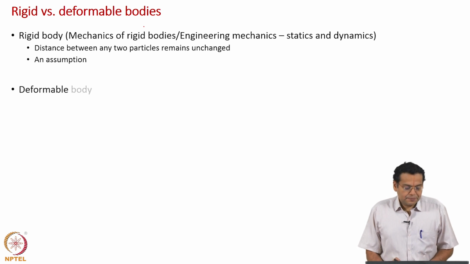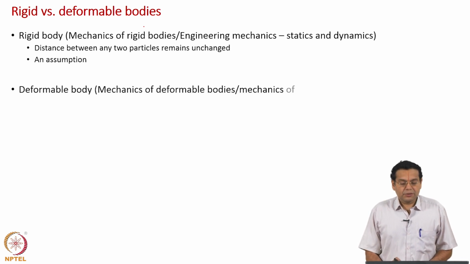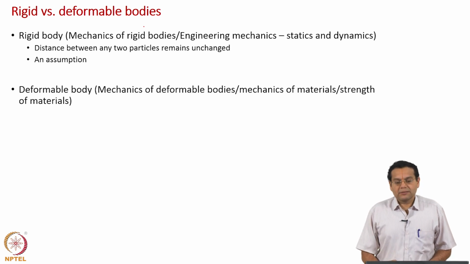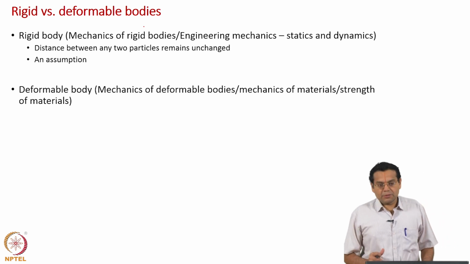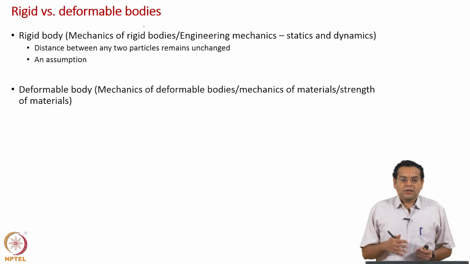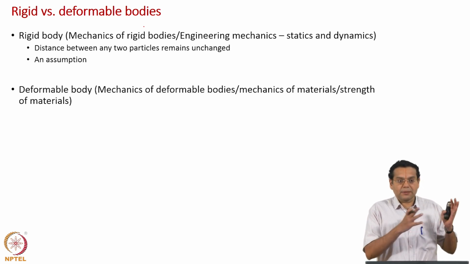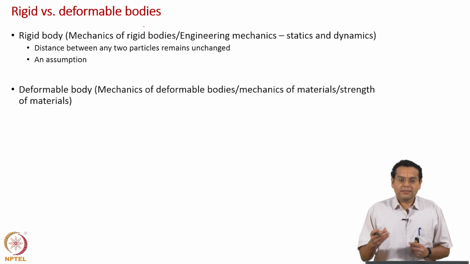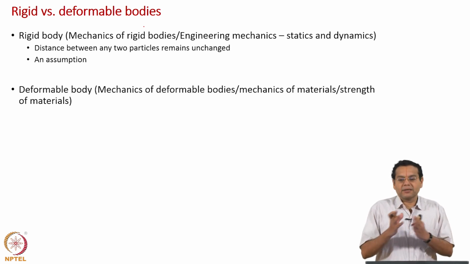Now, what should we discuss? We should discuss mechanics of deformable bodies. And what are the titles of the books which deal with the mechanics of deformable bodies? They are called either mechanics of materials or strength of materials, and accordingly the course would also be named mechanics of materials or strength of materials. Now, why should we discuss deformable bodies? Remember, we have come to solid mechanics not to really understand solid mechanics as a whole subject. The whole idea is to understand fluid mechanics and take some part of solid mechanics to understand fluid mechanics.